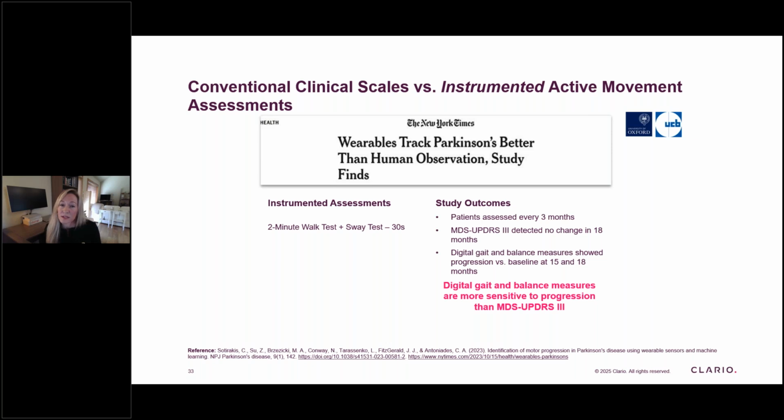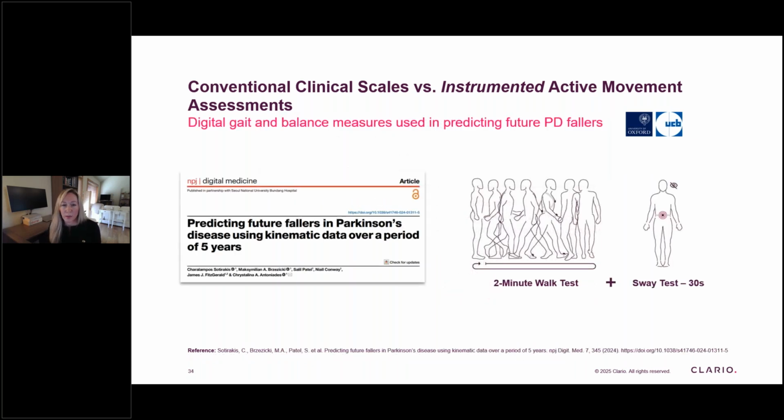And then in the next slide, you'll see those same 2 tests have been used as well. These studies are coming out of the University of Oxford. It's from the OXPIP study data with Dr. Kristalina Antonades and her great team. Those same 2 tests have been used to predict future fallers up to 5 years in advance. So we're seeing a lot of value by adding these in studies and clinical trials to both detect things earlier and then prevent things that are really meaningful to patients. So if we go to the next slide,